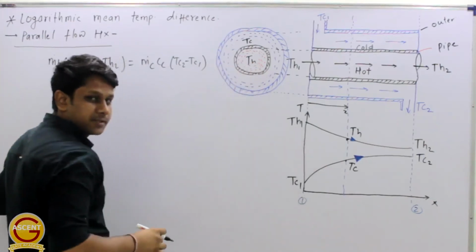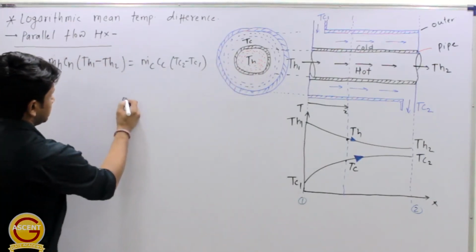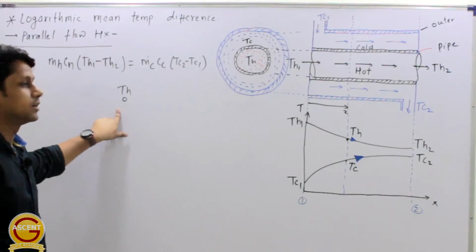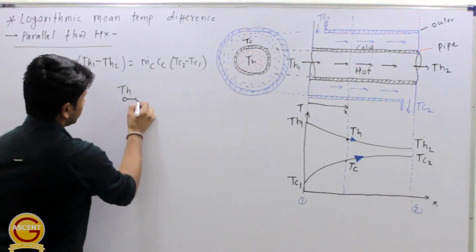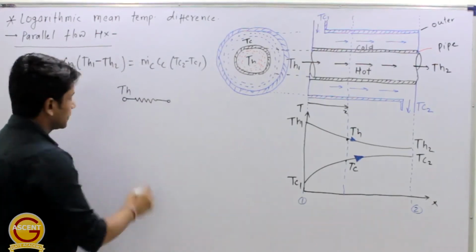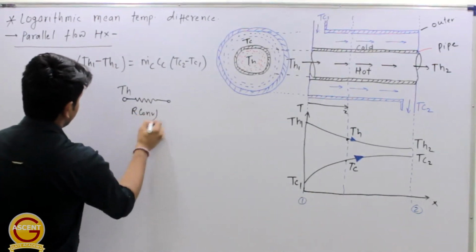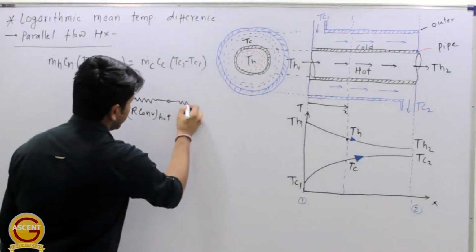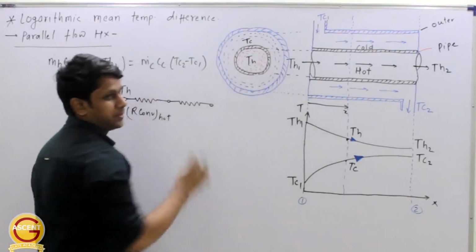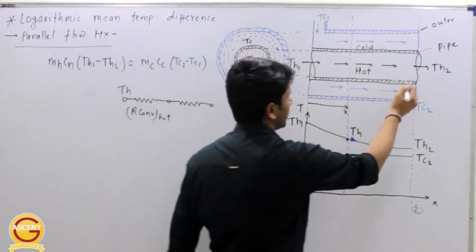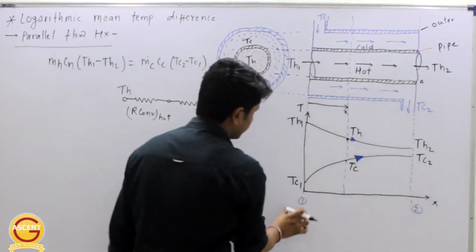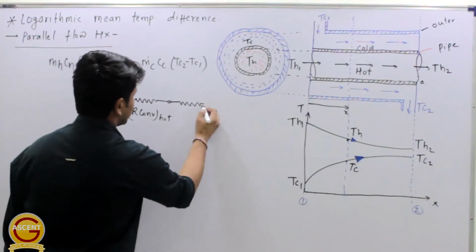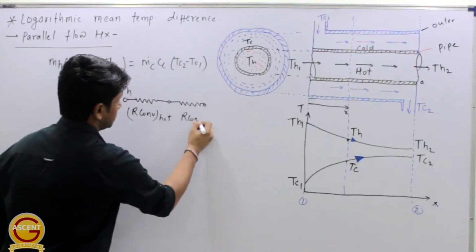See, if we draw the thermal circuit of this, then this will start from this TH. TH is what? It is the temperature of hot fluid, right? Then there will be convection in this hot fluid, right? So this will be R convection in the hot fluid. Correct? Then there will be conduction in this first pipe, right? So let's say this pipe is pipe 1 or pipe A, let's say, because 1 and 2 we have taken for the location. So there will be conduction in this first layer of pipe, right? So we can write this as R conduction in the first layer.